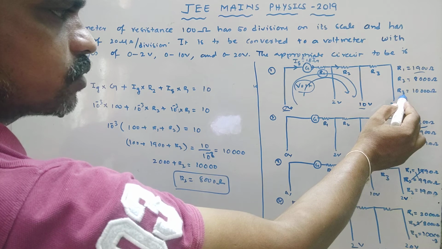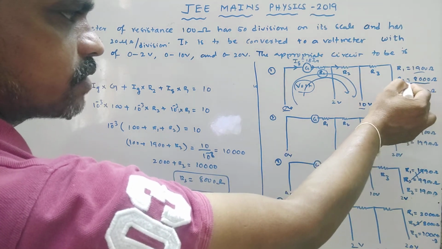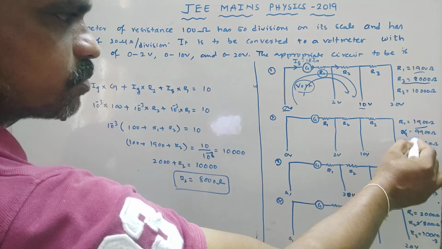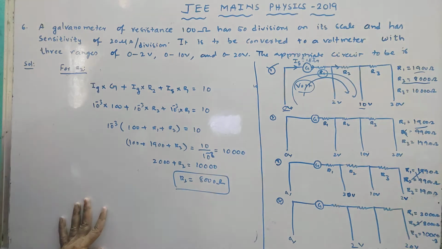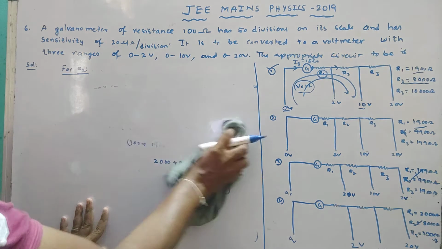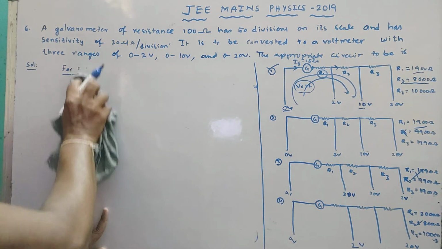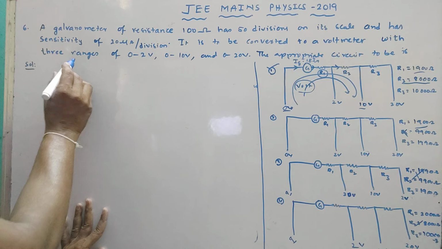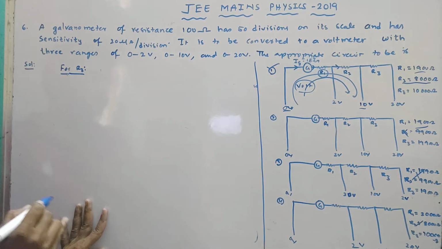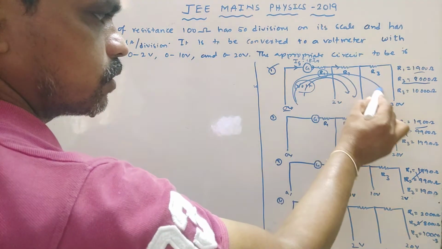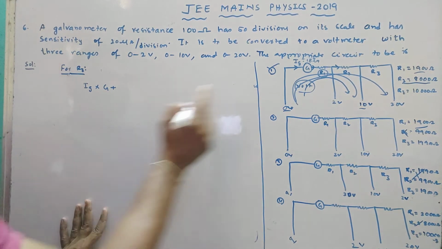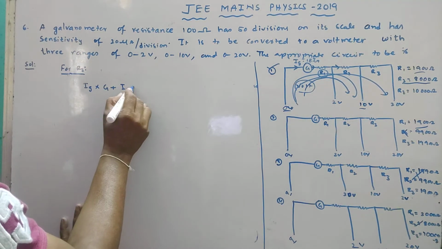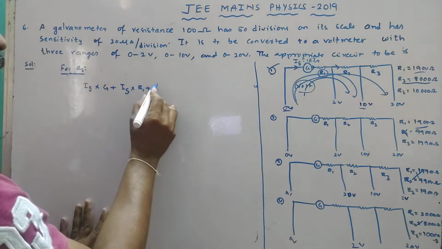If we go for R3 also we can calculate, but we got two values exactly, so don't go for this option. This is the right option. If you want to calculate R3 also, I will calculate here. So for R3, this is the circuit for R3 total. So what happens here: Ig into G plus Ig into R1 plus Ig into R2